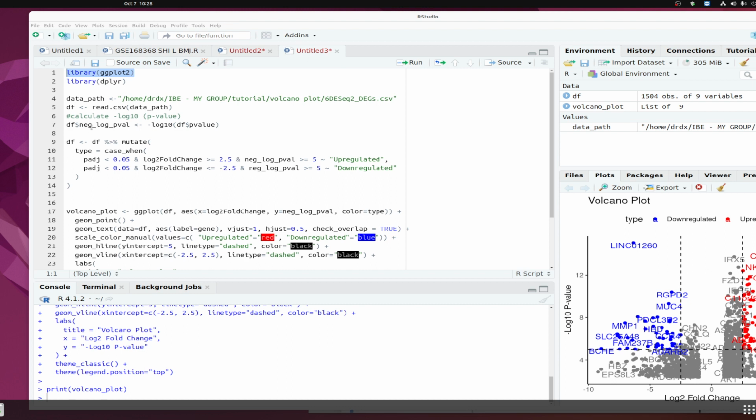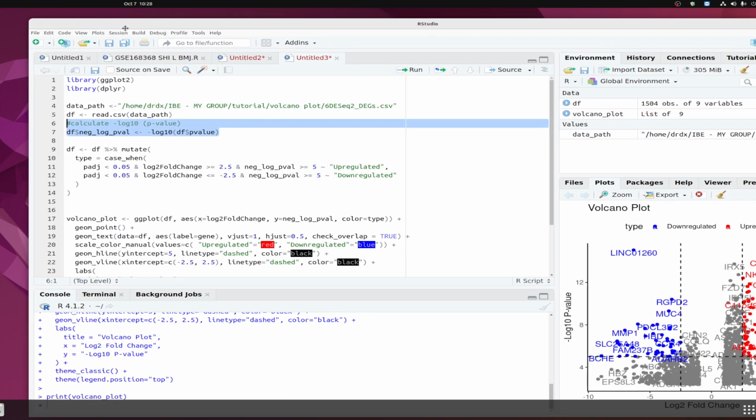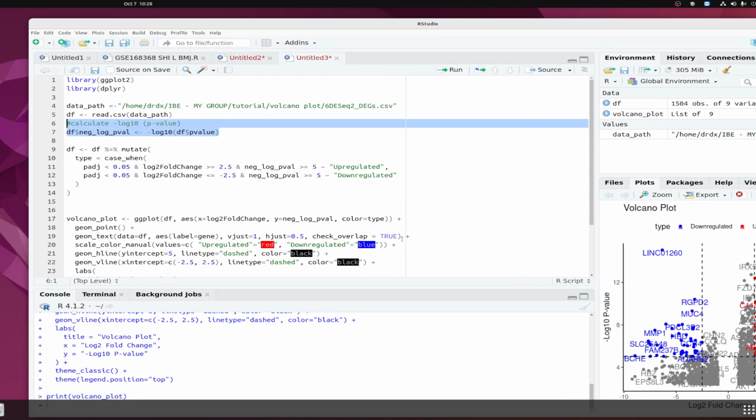function and customization, and dplyr is like a NumPy package in Python. It does all the calculations and everything, and then we have the data path, so where we load the data and we read the data, read CSV. In Python we have to use the Pandas data frame, and then we do the calculation of minus log 10,